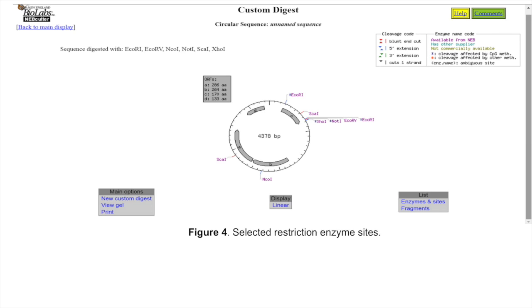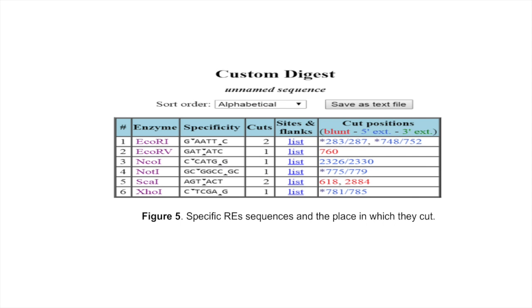If you want to see the specific sequences and the place in which the enzymes cut, click on the Enzymes and Sites option located in the lower right part of the screen, and a list will be shown, just like the one shown on screen. For a successful enzymatic restriction reaction, the quantity and quality of DNA should be considered,